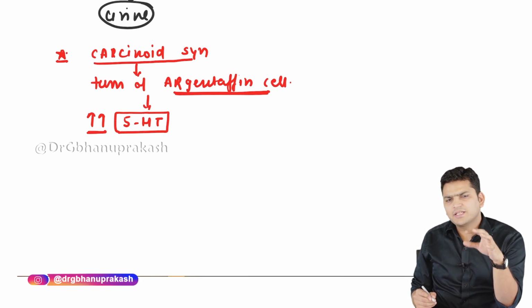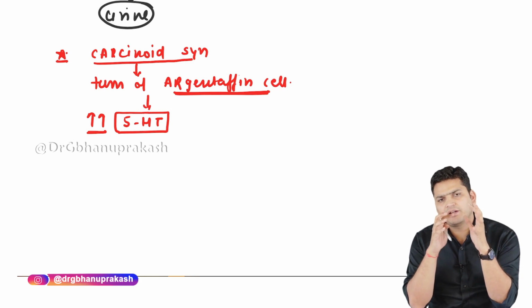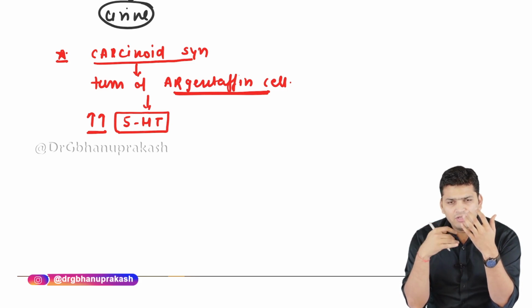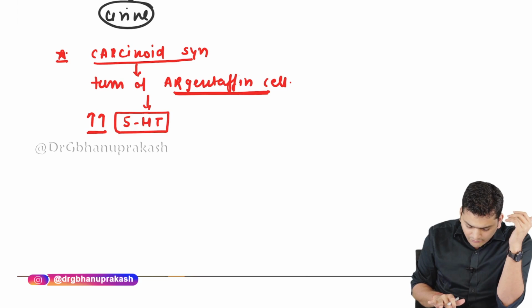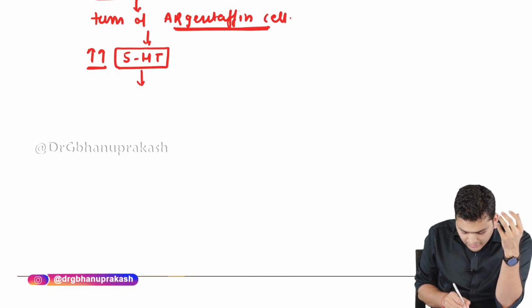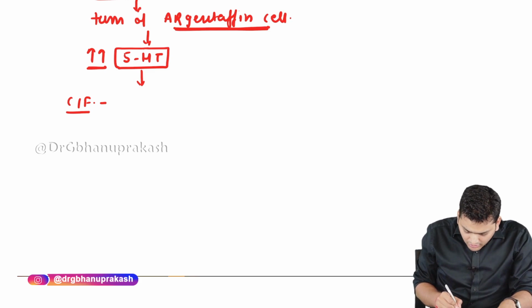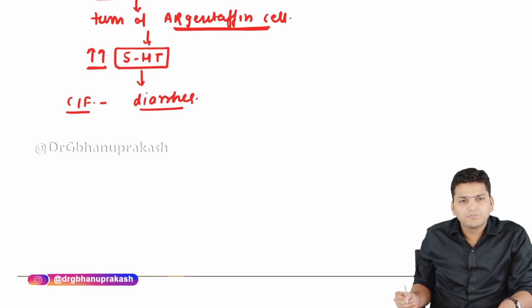Now, when there is an excess amount of serotonin, what will this serotonin do? See, serotonin is a molecule that increases the intestinal motility and leads to vasoconstriction, right? So there will be several mixed symptoms that we are going to get. So when there is carcinoid, there is an excess amount of serotonin, the bouts of serotonin will come, and because it will lead to an increase in the intestinal motility, the patient will have continuous diarrhea.